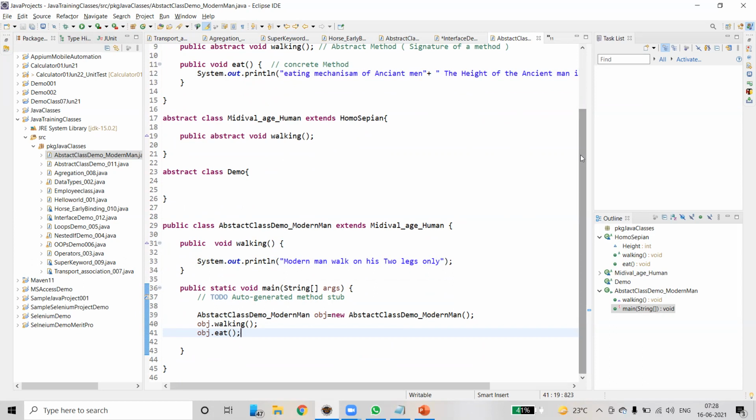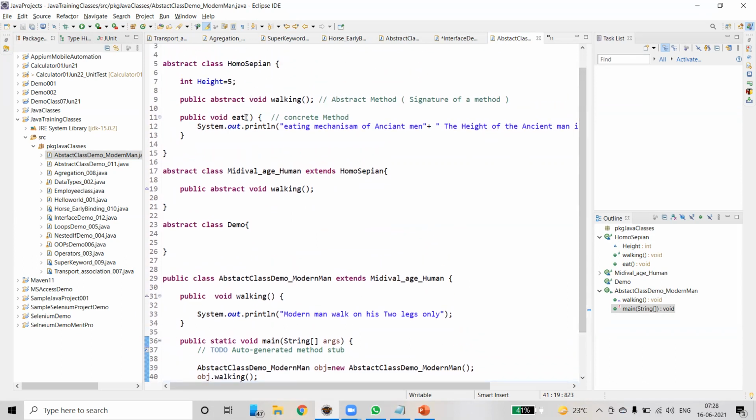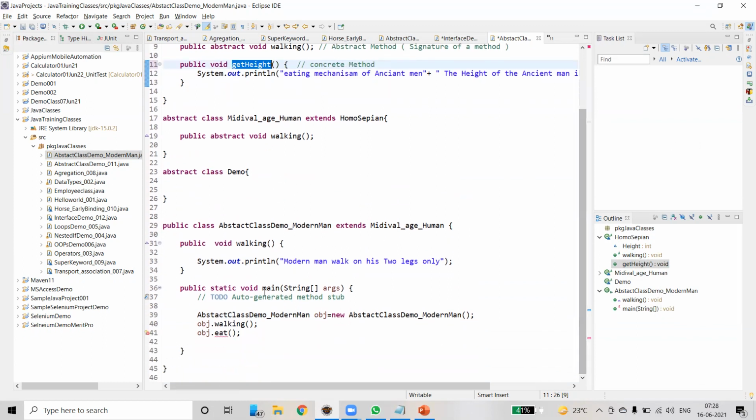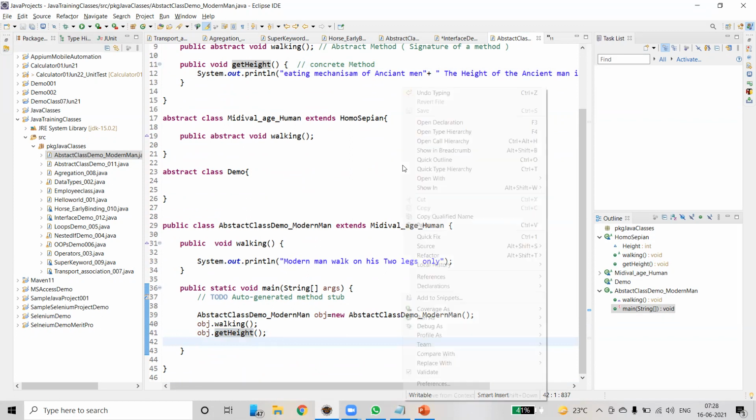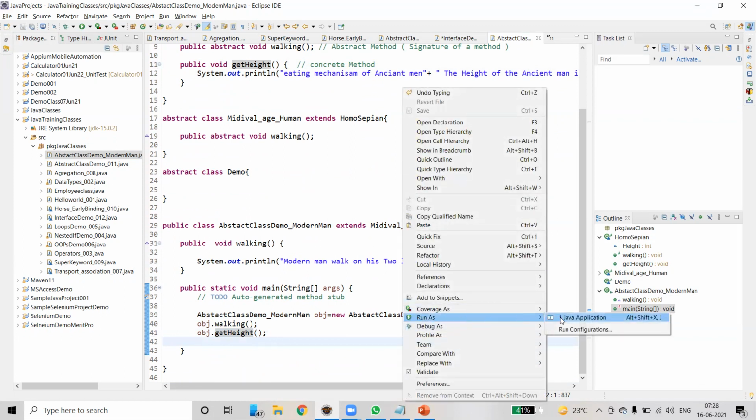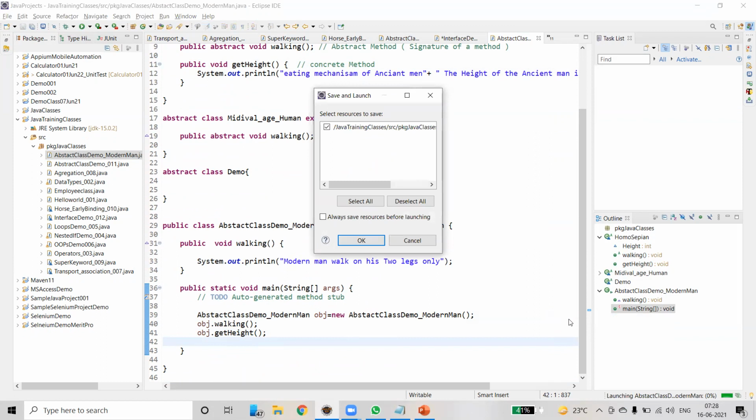Instead of eat, actually we can give some other function, the height. It looks irrelevant, I'm just changing the method name. Right click, run as Java application.